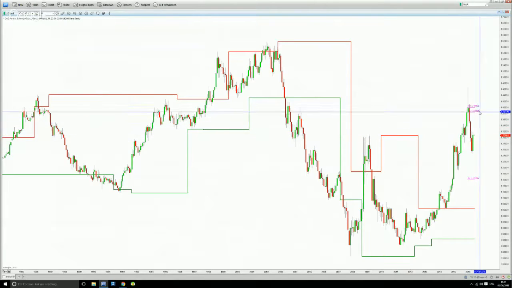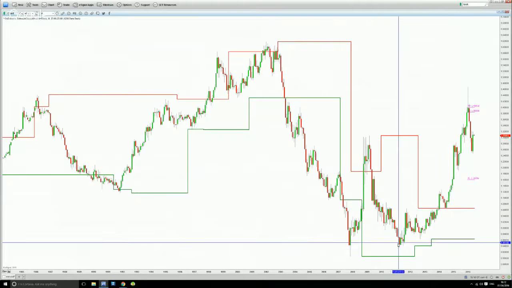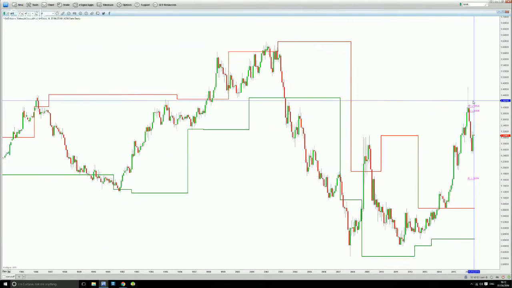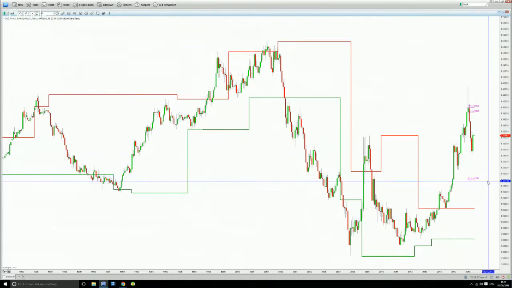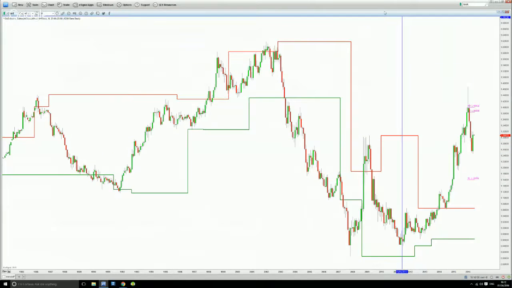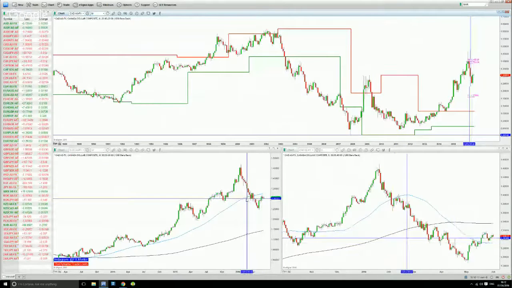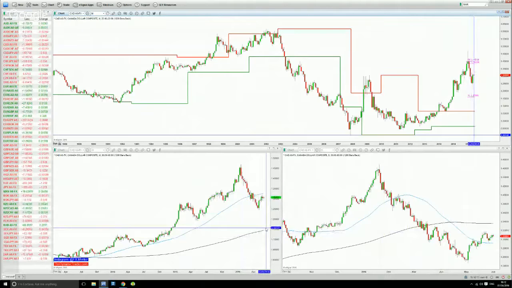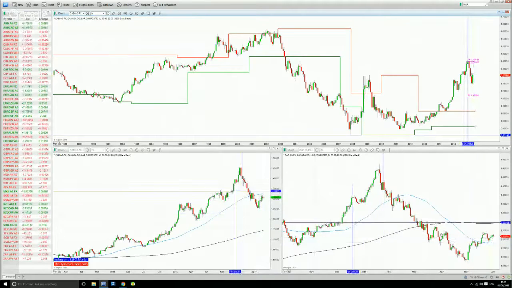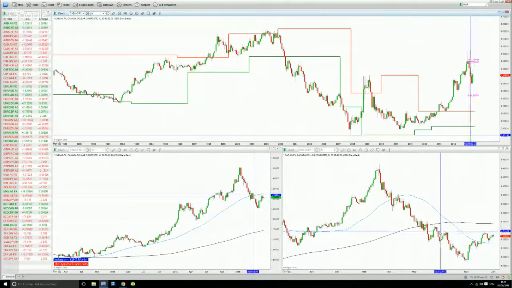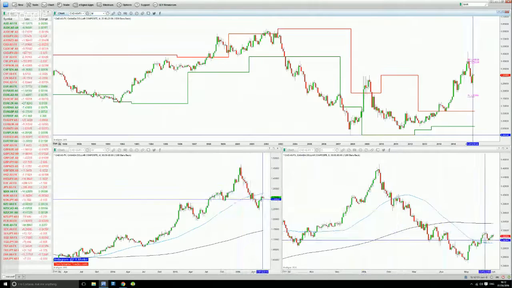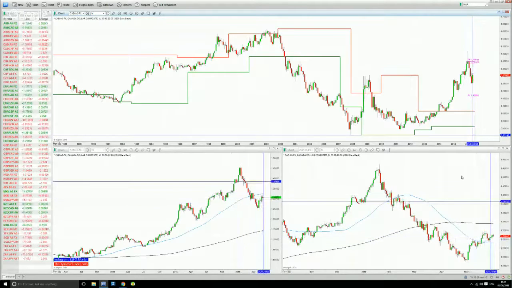If price continues up, then we will be seeing price continue in the long-term direction of the trend. 1.3 could also hold strong, and we could then also see further weakness to the downside. In no man's land at the moment. On the weekly time frame, price is below the 50, above the 200, 200 above the 50. So you can see the weekly and the daily are doing opposite things. So the smart scenario now really is to stand aside, because